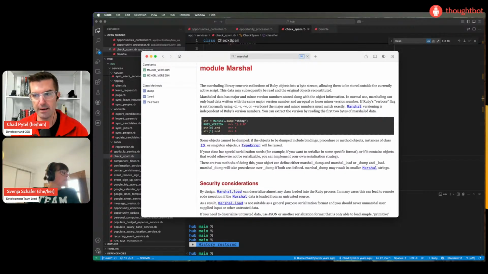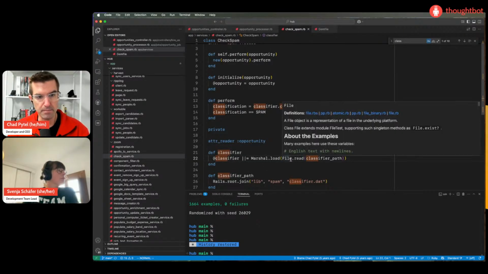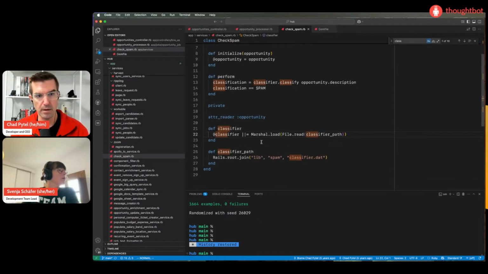If we look up the docs for Classifier Reborn, this is one of the ways it says you can get it to work. Basically, you do a bunch of classification, which builds up this Ruby object of the model, and then you Marshal dump it to disk. Then you can Marshal load it and you get the classifier reinstantiated.